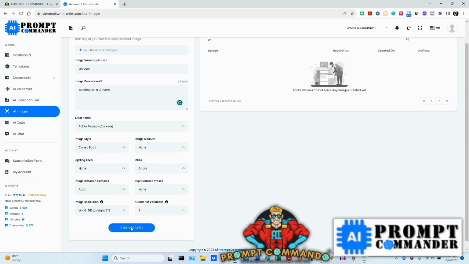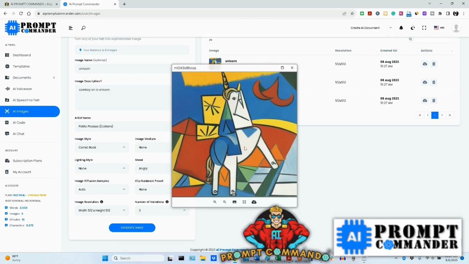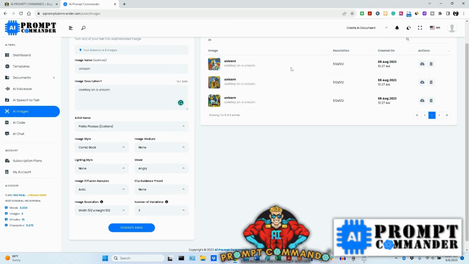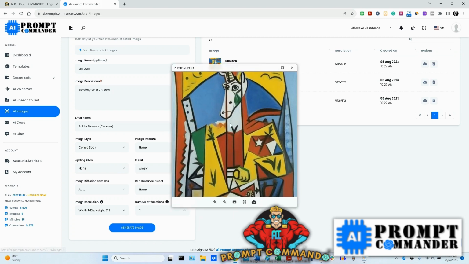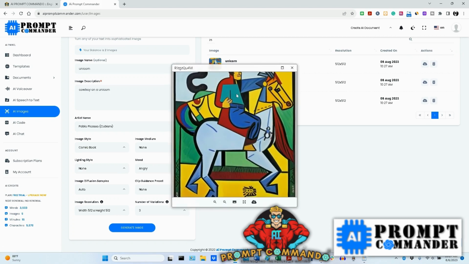Once you do that, then you'll generate the image and see how long it takes. Look how fast that was. Awesome. So let's click on the first one, right? And there you go. Now understand, this is Picasso. Check that out. It just automatically put it up the way Picasso would have done. All right. And another version of a unicorn. Pretty cool, right? And then another copy. There's a portion there that it came up with.